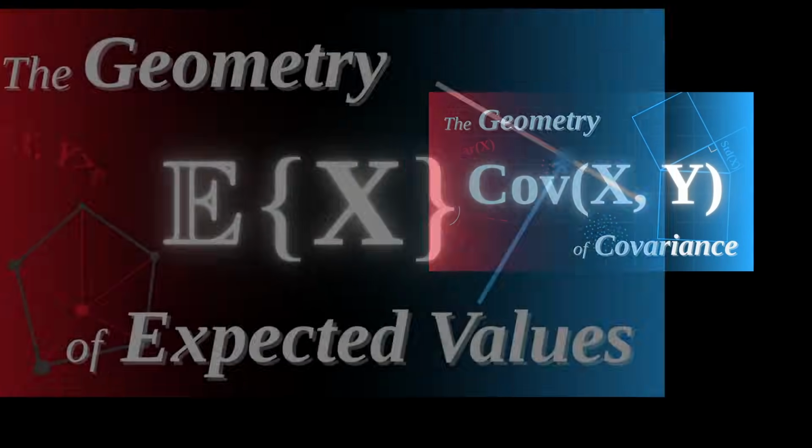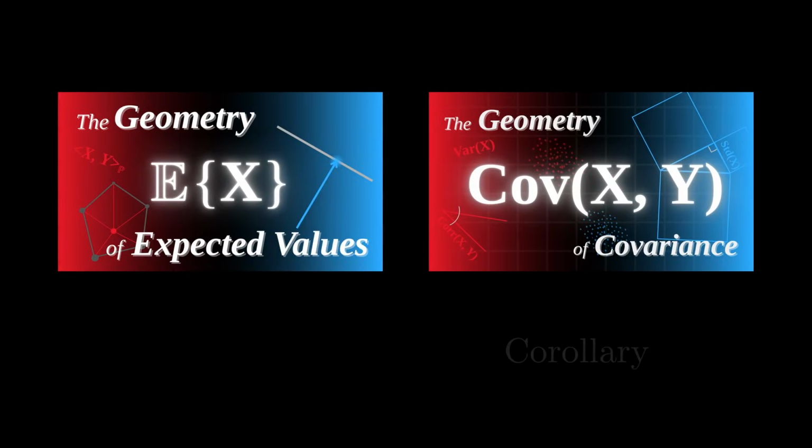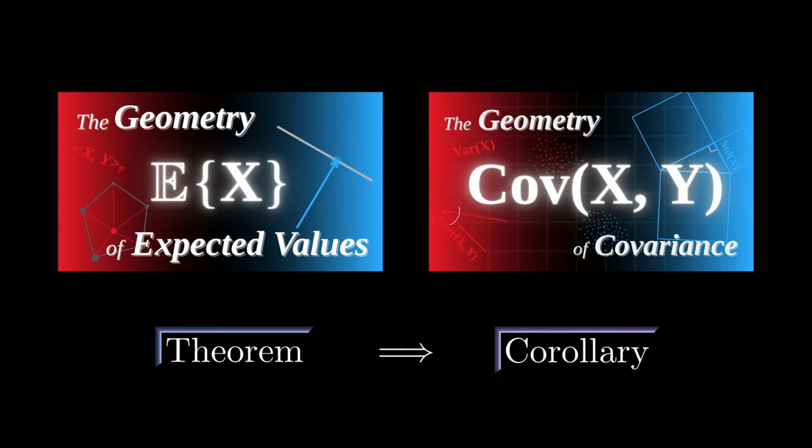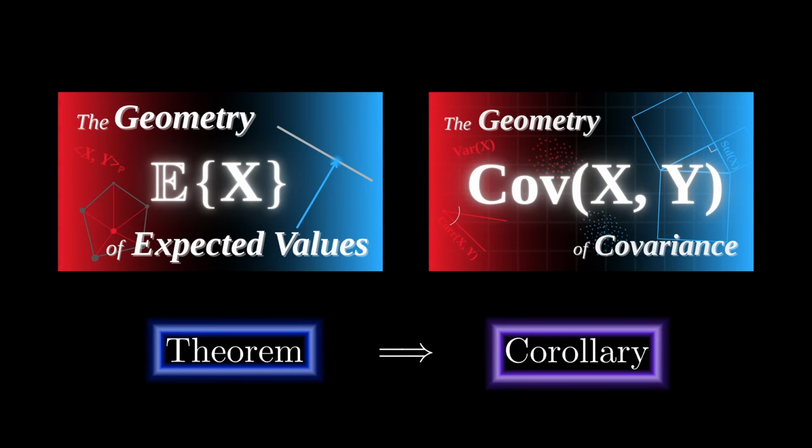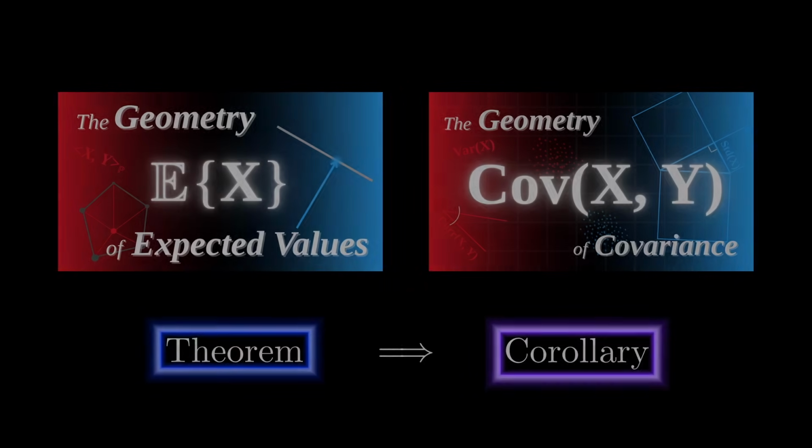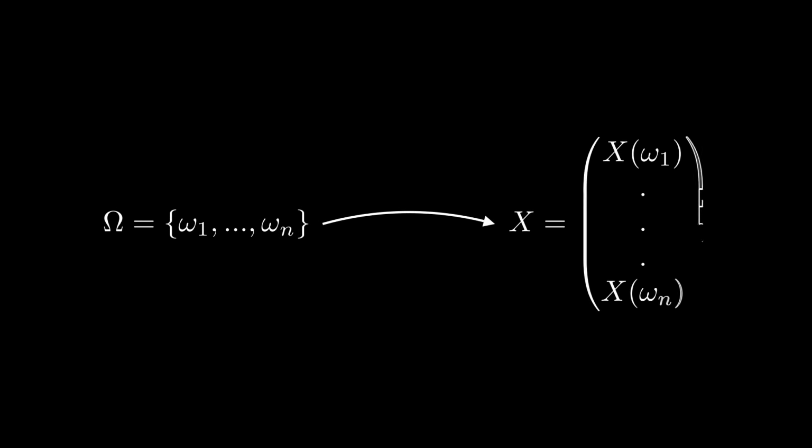This video is the last one in the series, like a corollary to a big theory. To properly understand the corollary, you simply have to know the theorem. So make sure that you have watched my video about the geometry of expected values, as I will rely on it here. But to recap, in the last video we have seen that if the sample space only contains a